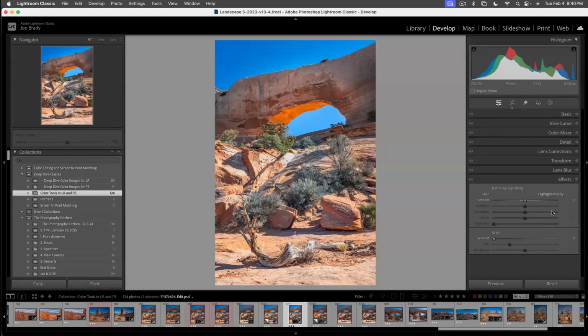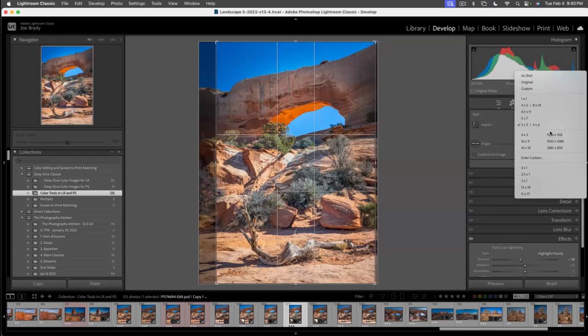So again, I always do my crop and my vignette, no matter how much editing in Photoshop I do, in Lightroom. Why? Because nothing's really happening. Then again, there's my vignette. Because if I decide I want to change the crop, let's say I want to see what it looks like as a legal size print, because I have legal paper from one of my inkjets. If I go to the cropping tool and say really tall and skinny,